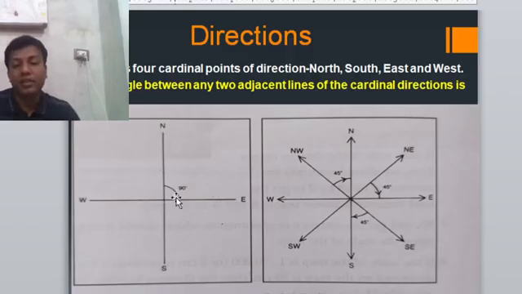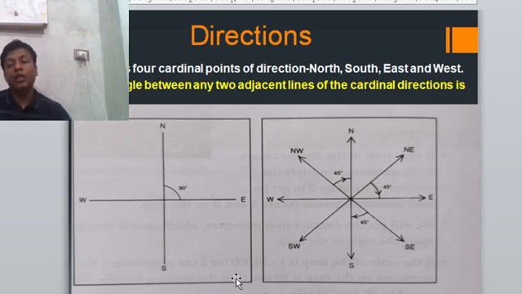All these four directions are situated at 90 degrees, that means right angle, as you have easily understood. Now you divide this 90 into equal parts, that means 45, 45, 45. So these four directions immediately change into eight directions. This is northeast, this is 45 degrees, northeast direction. Dear students, do you understand?